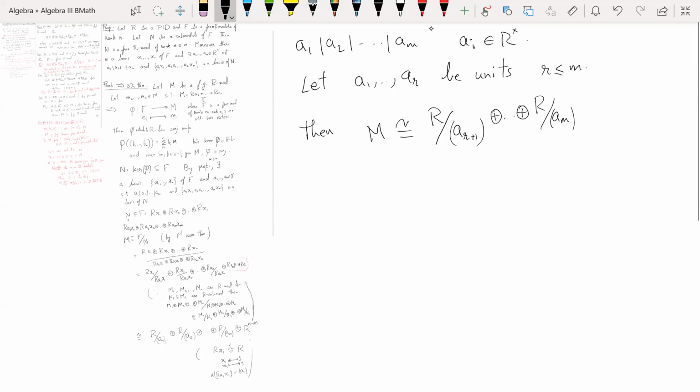Of course it may happen that R is equal to M, then all these factors go away, and what remains is R power n minus M. And we get the structure theorem